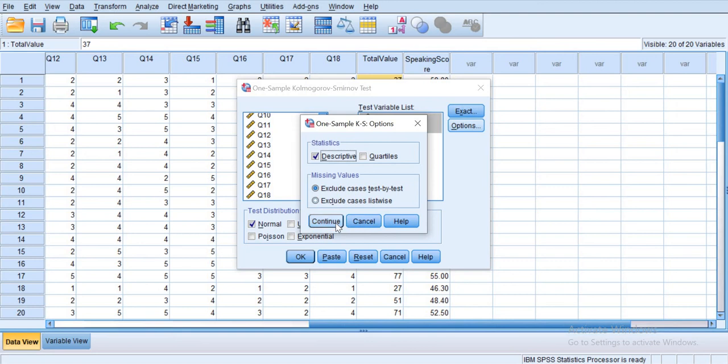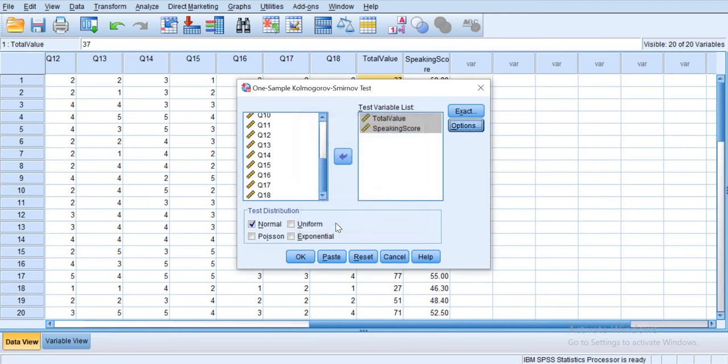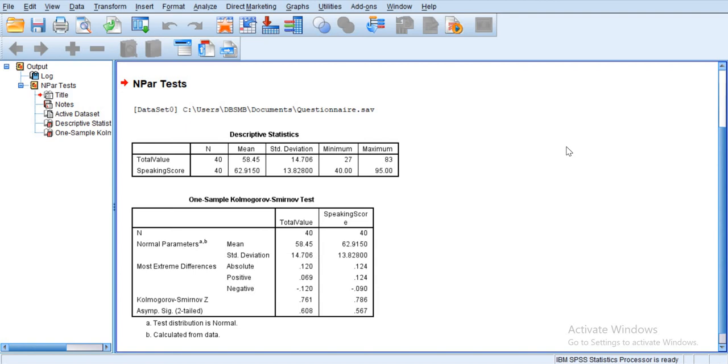You can also click the descriptive statistics and click OK. We will take a look at the significance,